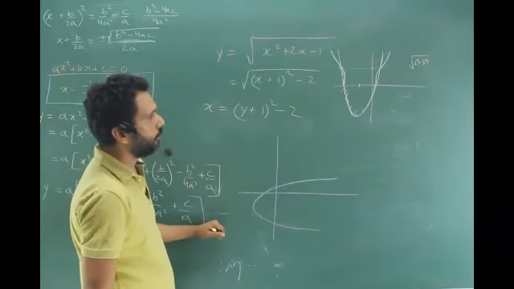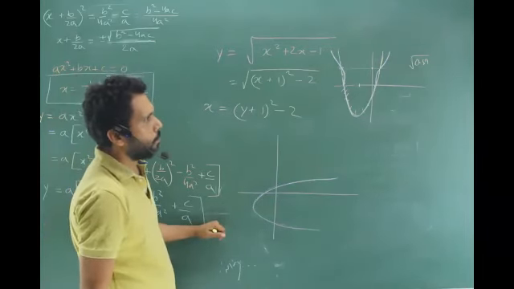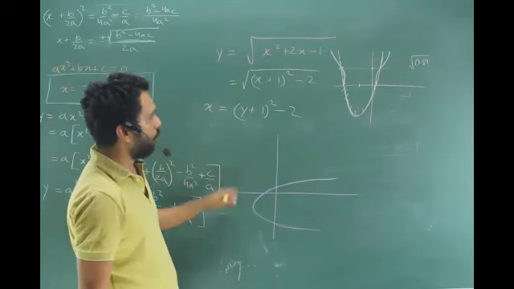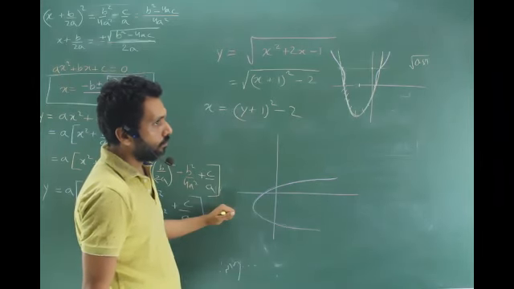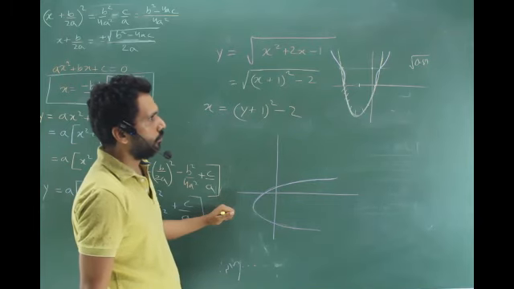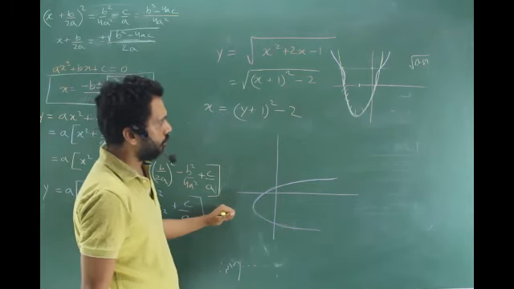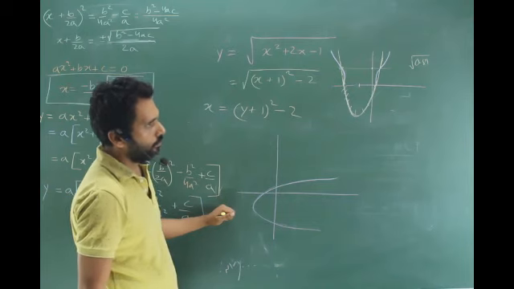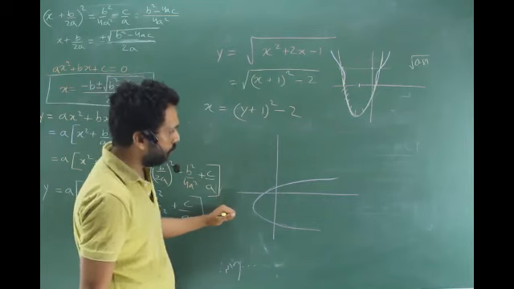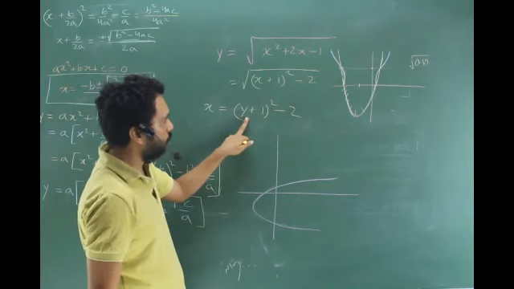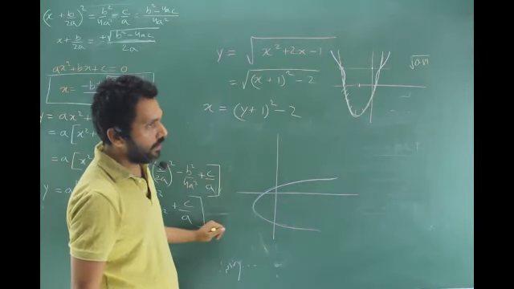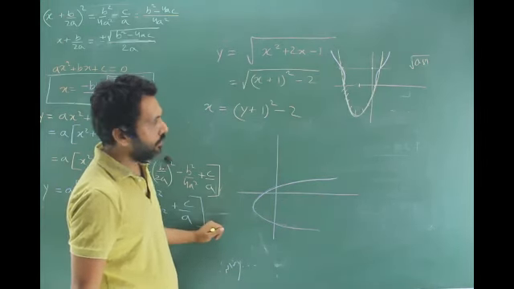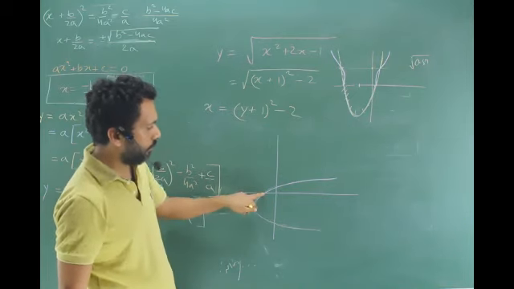No, sir. It should be up by 1. Put your y is equal to 0. What do you get? Fine. You get x as minus 1. So you'll get x as minus 1. y equal to 0, x is equal to minus 2, right? Sorry, minus 1, right? Yes, sir.